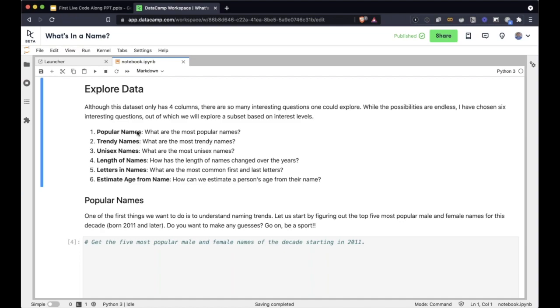But to make things more interesting, there are 5 other questions that I've listed here, which you will see again. And you are going to vote later in this code along. You're going to vote for the question that you would like to see, and we will pick the question with the most upvotes and do that in the second part of this code along. So brace yourself for lots of fun. And if you have questions, please feel free to use the chat so that we know what difficulties you're facing. We'll try to address a good part of it.